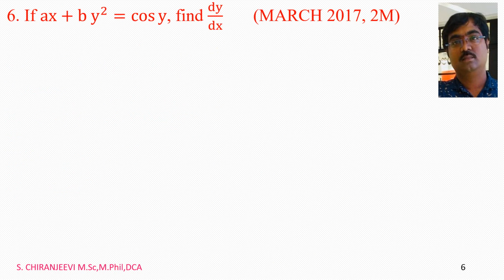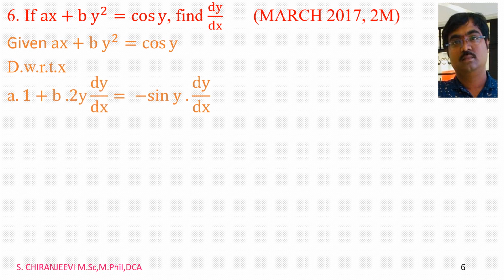Now the next problem, if ax plus by square equal to cos y, find dy by dx, which is asked in the year March 2017 for 2 marks. Given ax plus by square equal to cos y, differentiating with respect to x, a into differentiation of x is 1 plus b into differentiation of y square will become 2y into dy by dx. Differentiation of y square is 2y into dy by dx equal to differentiation of cos y is minus sin y